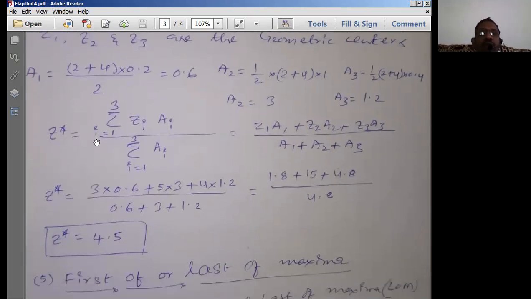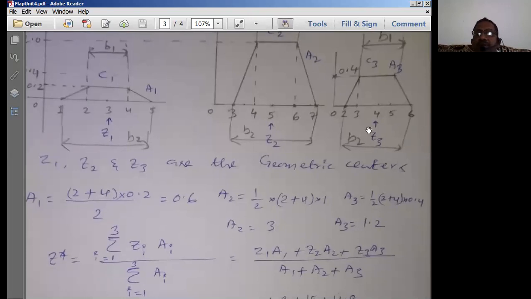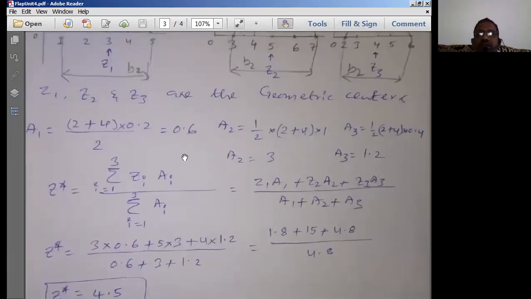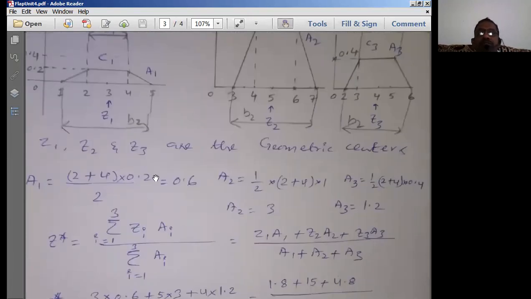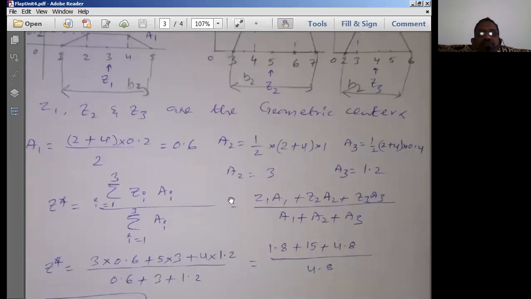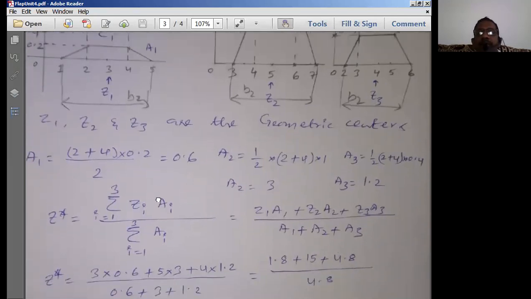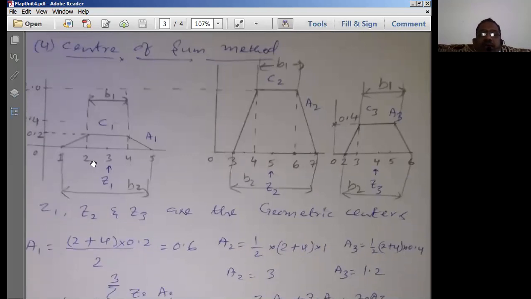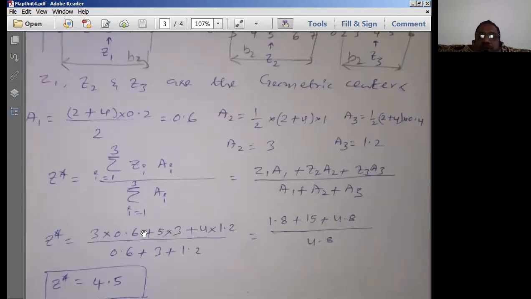So what is the formula here? I is equal to 1 to n. So what is n? n is nothing but 3. Why 3? Because there are three fuzzy sets given. Since there are three fuzzy sets given to us, we can go with this. Now in the exam, he may combine these three sets and give us a combined set among these three. Even then, you can find them using the same formula.